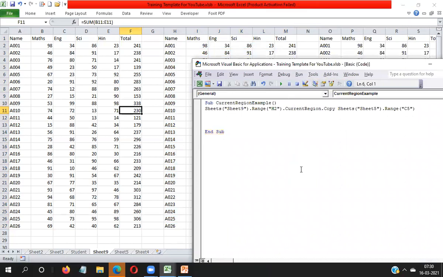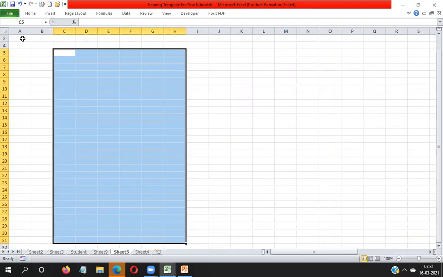So I'm going to write the code for used range. I will have to write here Sheets, taking sheet 9, dot UsedRange dot Copy. Then in which sheet do you want to make a copy of this data? I want to make a copy of data in sheet 5 because I want to take a different sheet reference.